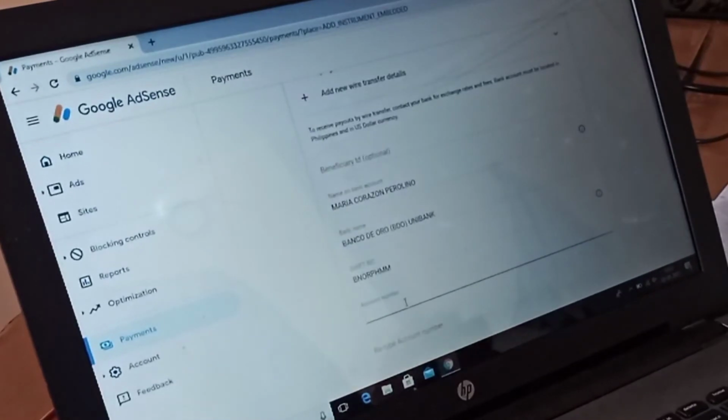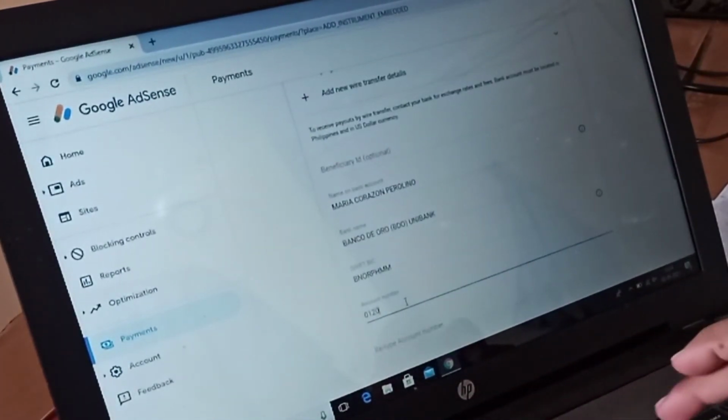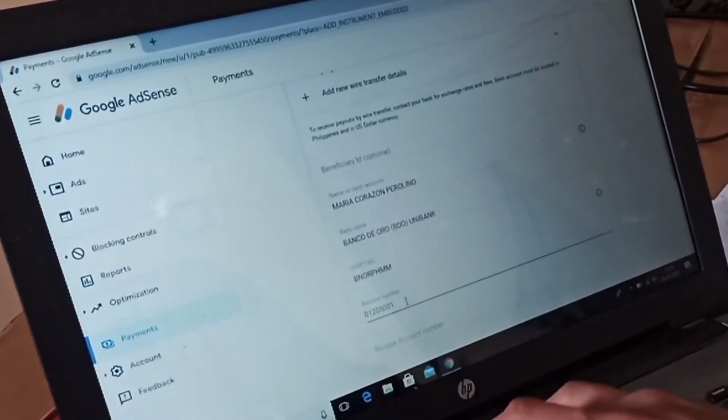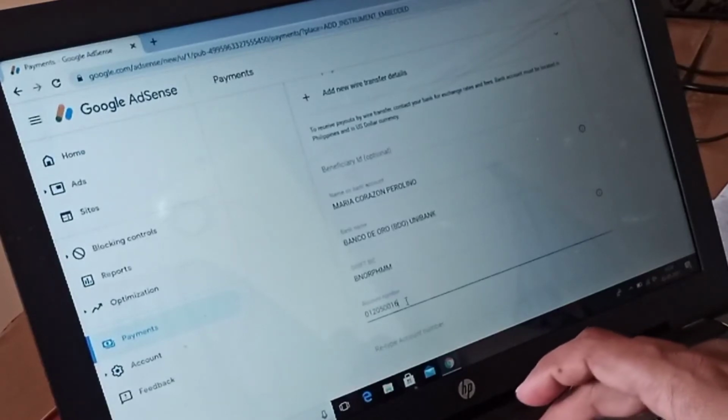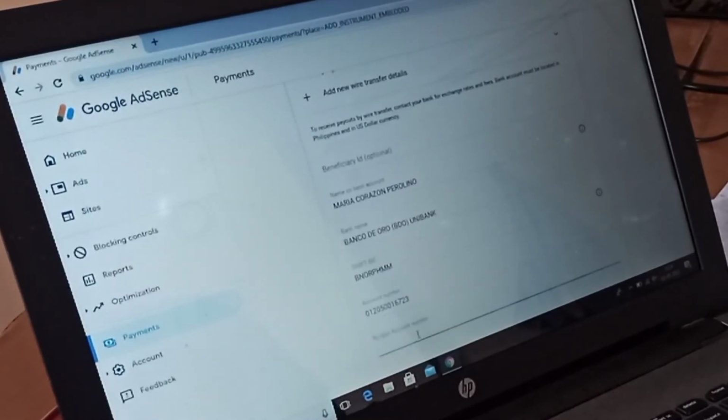You have to write your bank account. I'm writing the bank account. You have to retype the bank account.